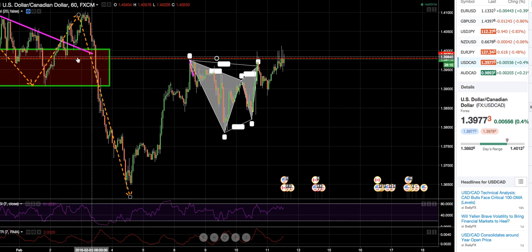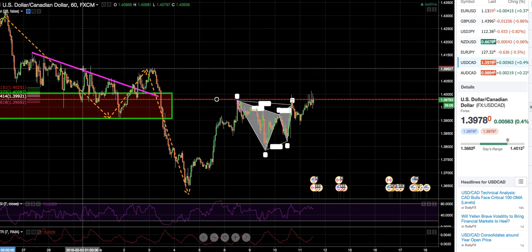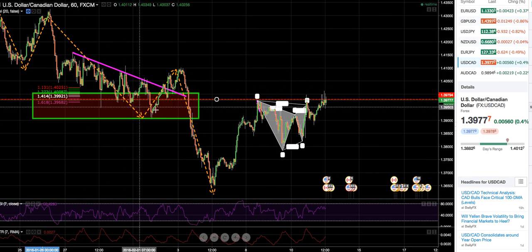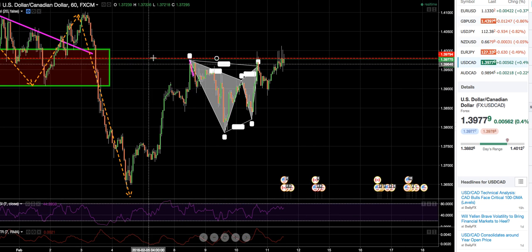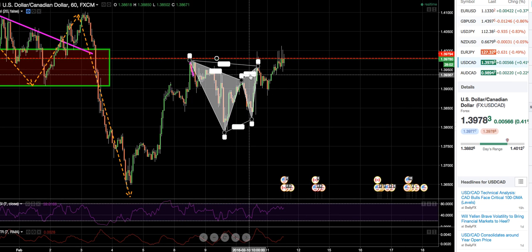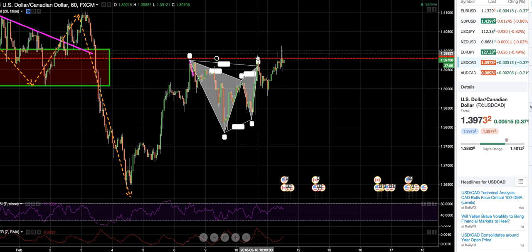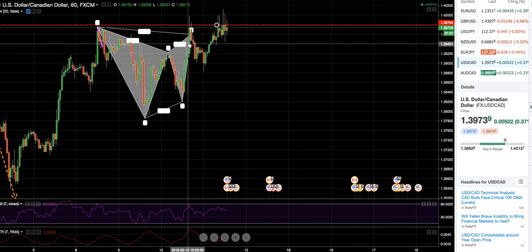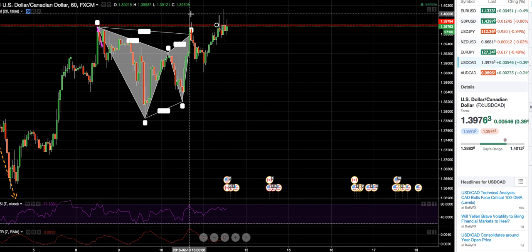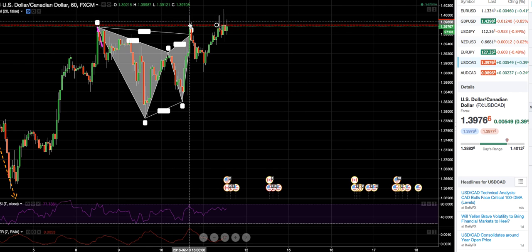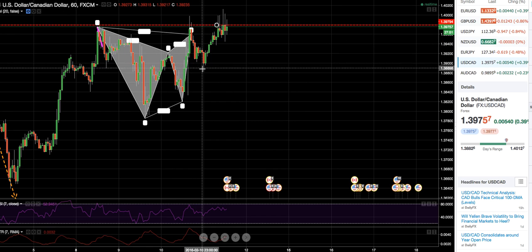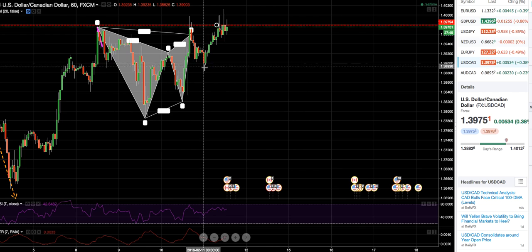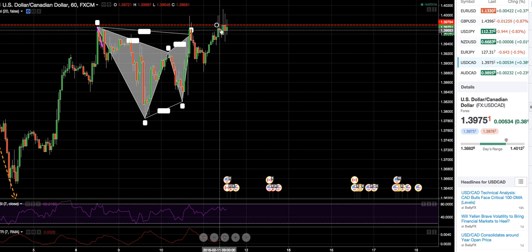Of course, we're inside our box, and we've talked about this box, I believe. So the market puts in that Gartley pattern, right? Comes up, we can see the wick,